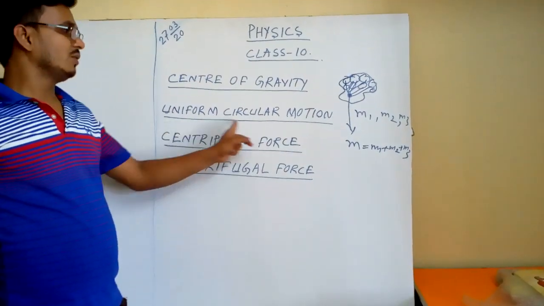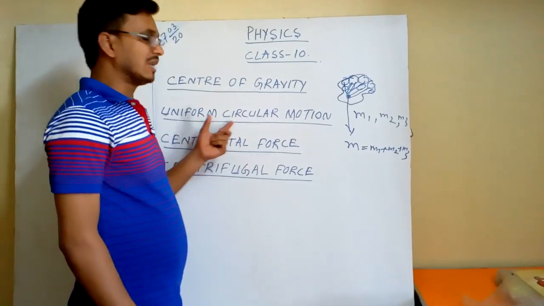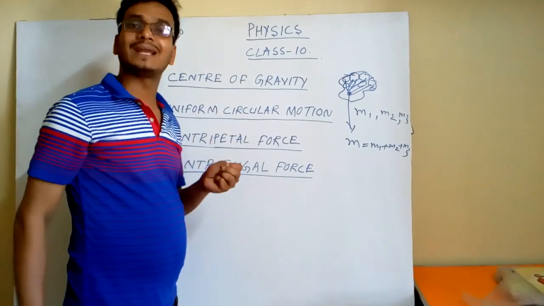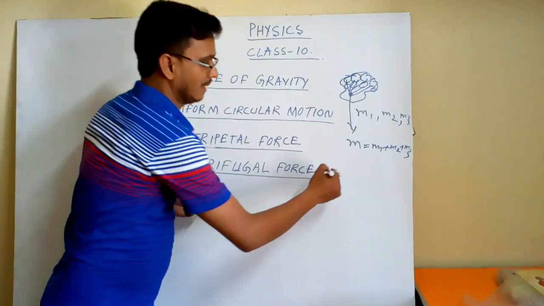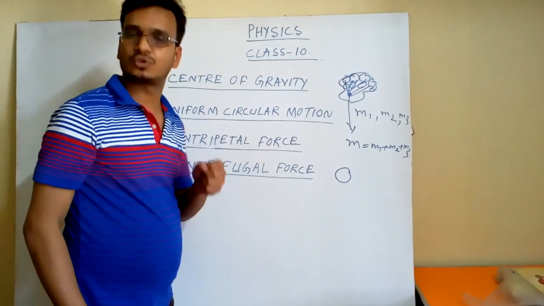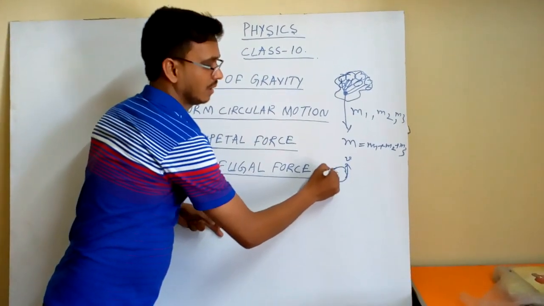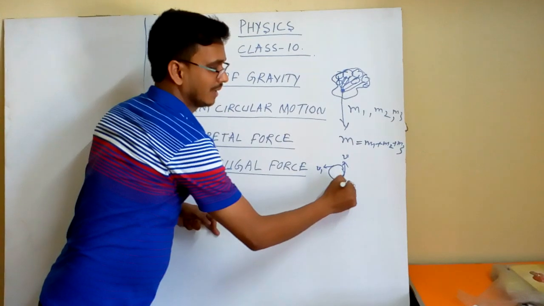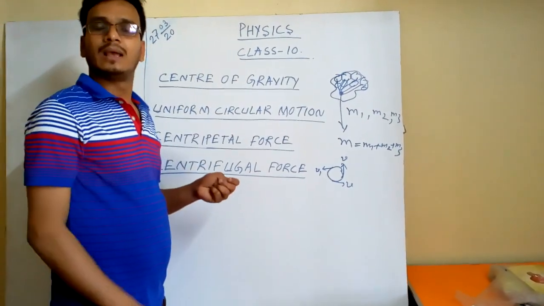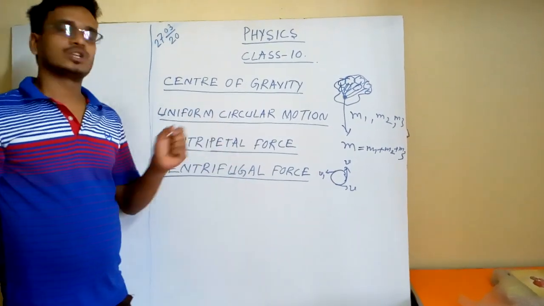Next we will go for uniform circular motion. What is uniform circular motion? Circular motion means it rotates. Uniform means at a constant speed. So when any object moves in a circular path with a constant velocity, let it be at a point, its velocity v, here again when it comes its velocity v, whenever again it is going its velocity v. So when the object moves in a circular path at a constant velocity,